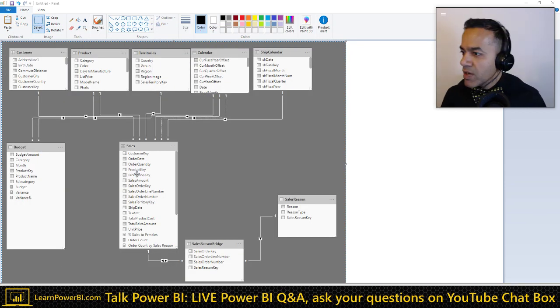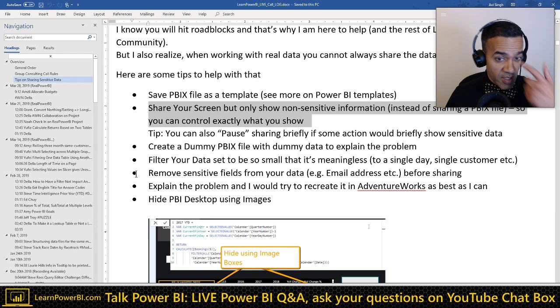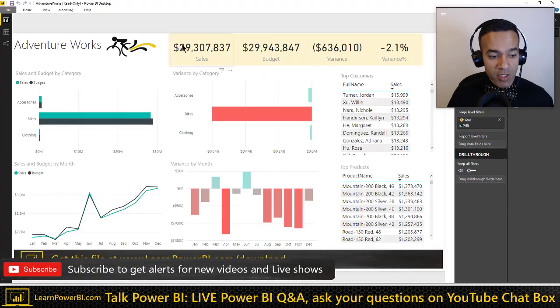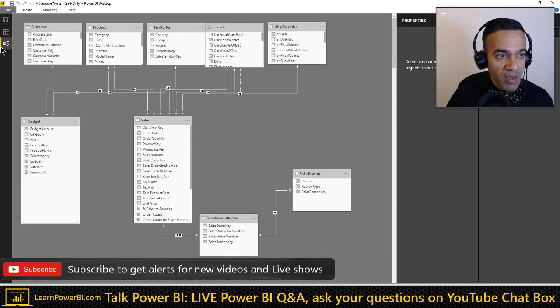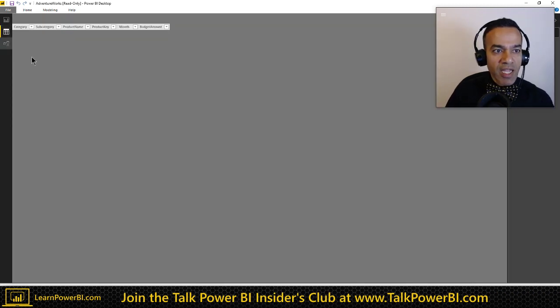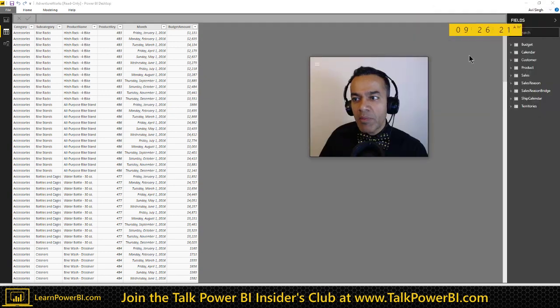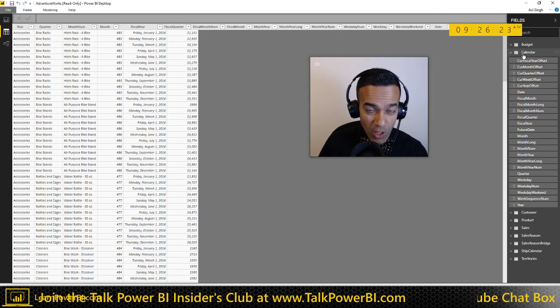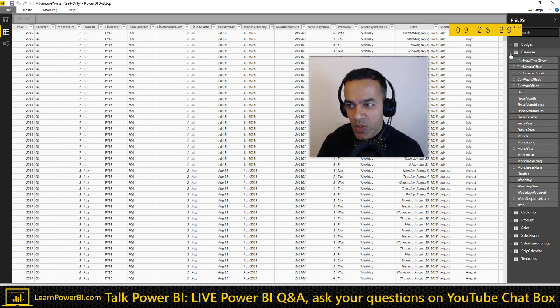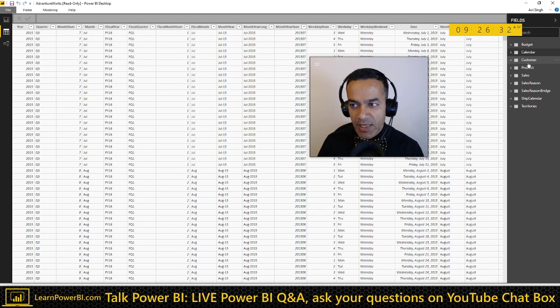All right. So again, we're going to look at all the different ways. Share your screen, so that's of course one way. A lot of times when people share their screen, they just put the PBIX file up, and if your data is really sensitive, it's possible that you'll click on the data tab by mistake, and boom, now there are emails showing up, and of course our class calls are recorded as well, and we can't go back and edit it out, right? So it's on you to make sure that you protect the data.